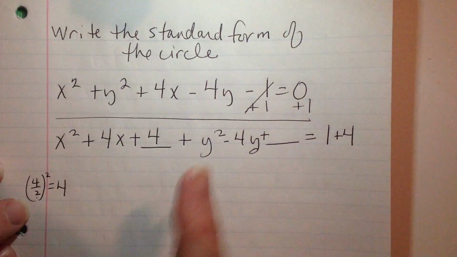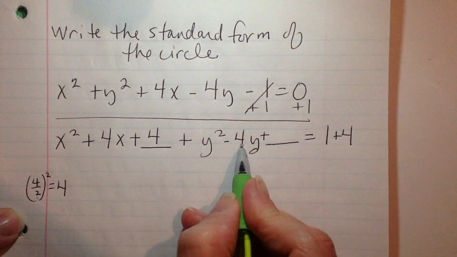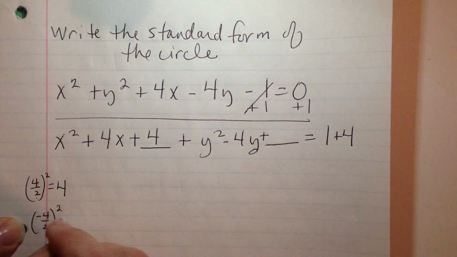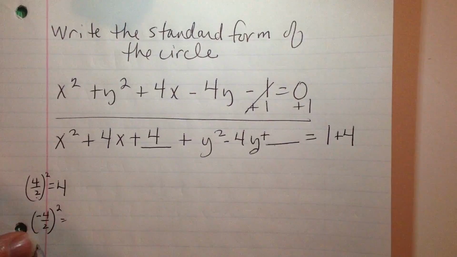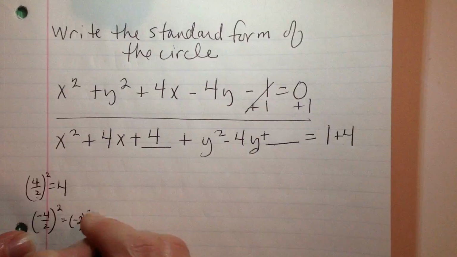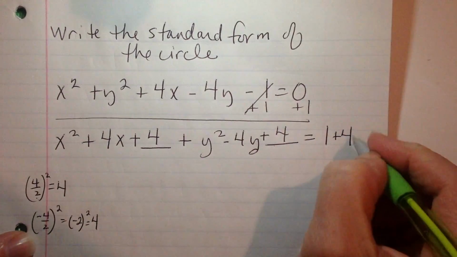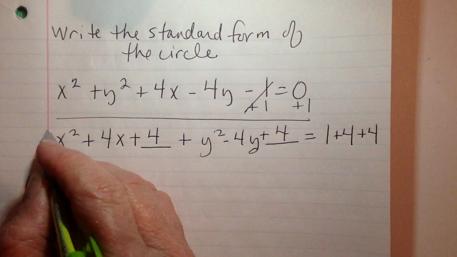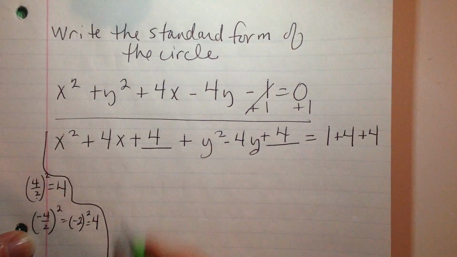Okay? Then to fill in the blank here, we take half of negative 4, divide it by 2, and square it. Well, negative 4 divided by 2 is negative 2, and negative 2 squared is 4. So we get 4 also, and we add it on the right-hand side as well. Okay? Now we will